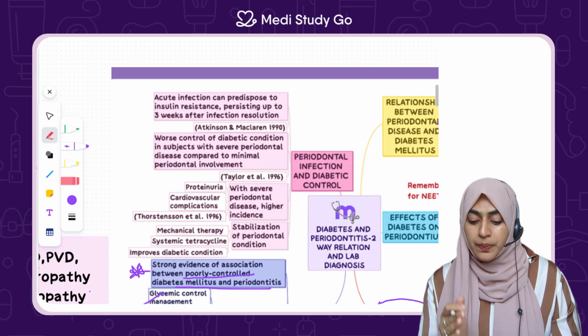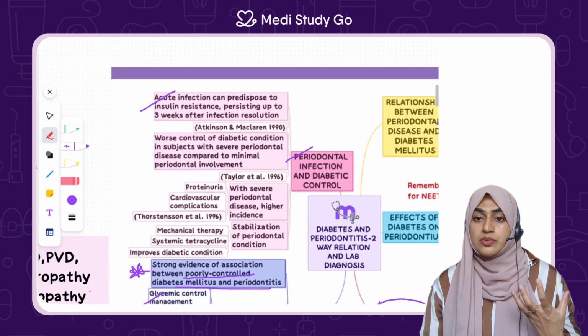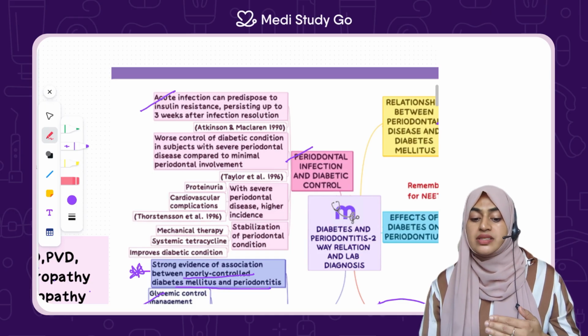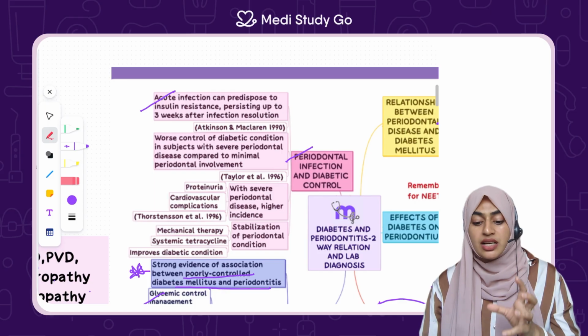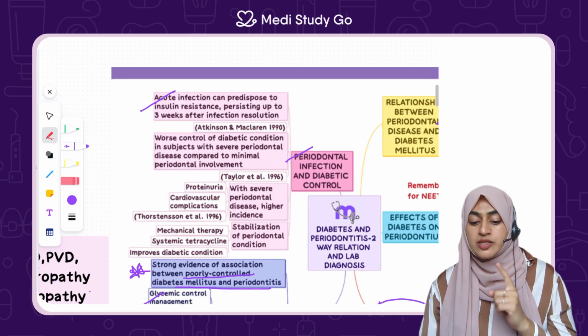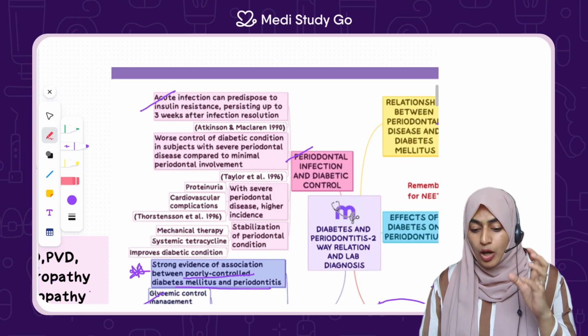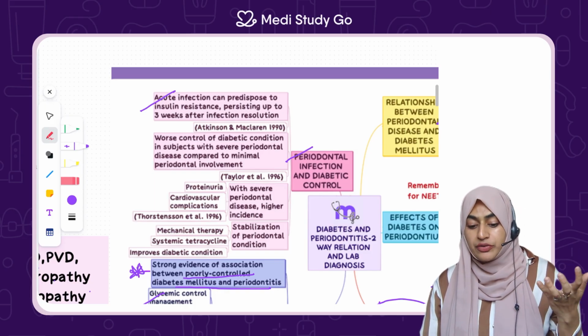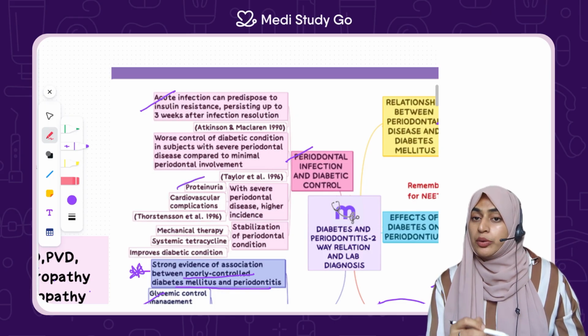Now, coming to periodontal infection and diabetic control, acute infection can predispose to insulin resistance persisting up to 3 weeks after infection resolution. Diabetic control is worse in subjects with severe periodontal disease compared to those with less periodontal involvement. With increased severe periodontal disease, there is a higher incidence of proteinuria,